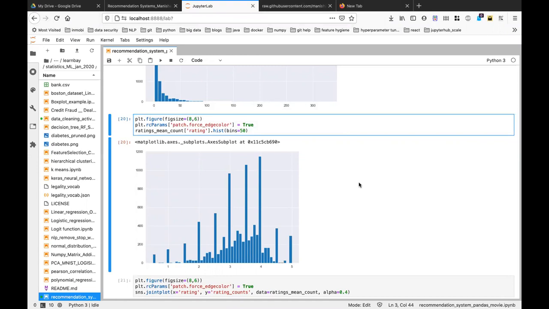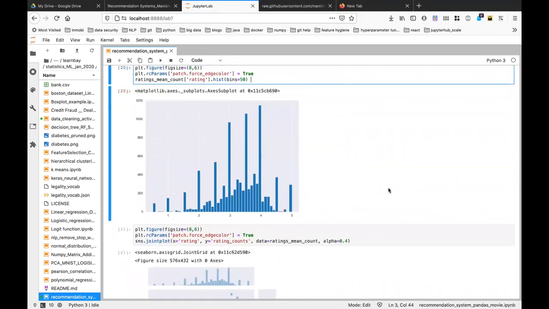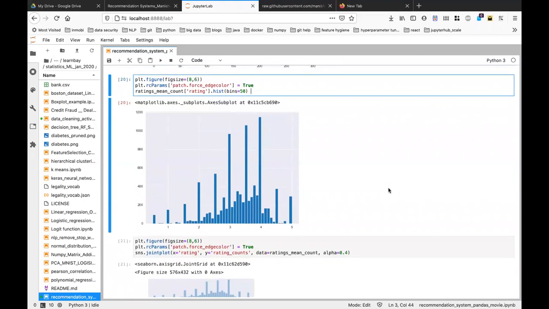How many movies got a rating of 1? Very few. How many got 2? A little bit more than that. But the majority of movies got ratings between 2, 3 and 4, and very few movies got 5. That is normal human behavior. No matter what type of movies we have, we generally have this structure of movie ratings.